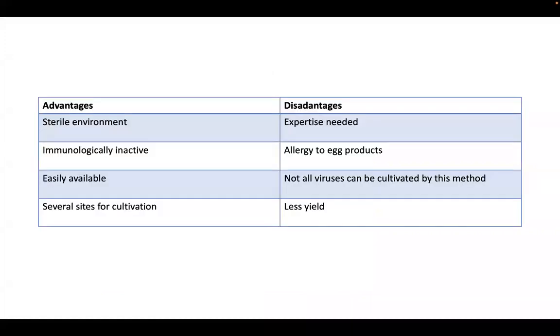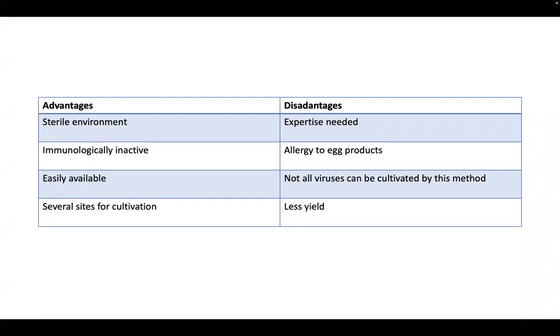So what are some of the advantages and disadvantages of using the embryonated egg? The advantages include that it provides a sterile environment for inoculation and cultivation of viruses. It is immunologically inactive, so it's good for studying and cultivating the virus. It's easily available, because the hen's egg is easy to find compared to other types of cultures. And there are several sites for cultivation. We've seen it has 4 sites, so you can use the 4 different sites for isolation and cultivation of the